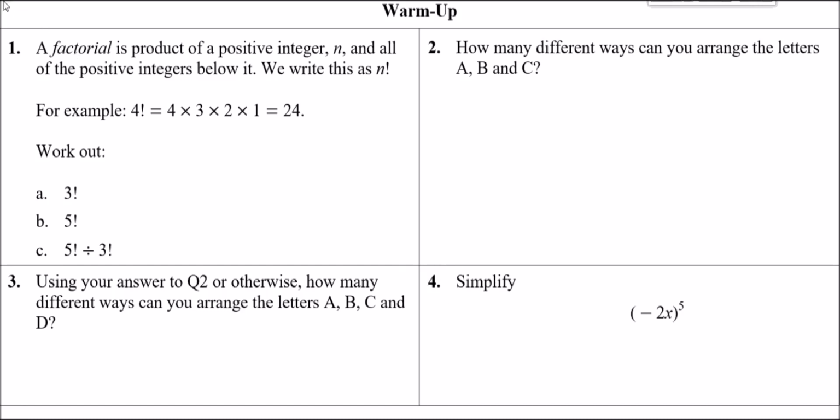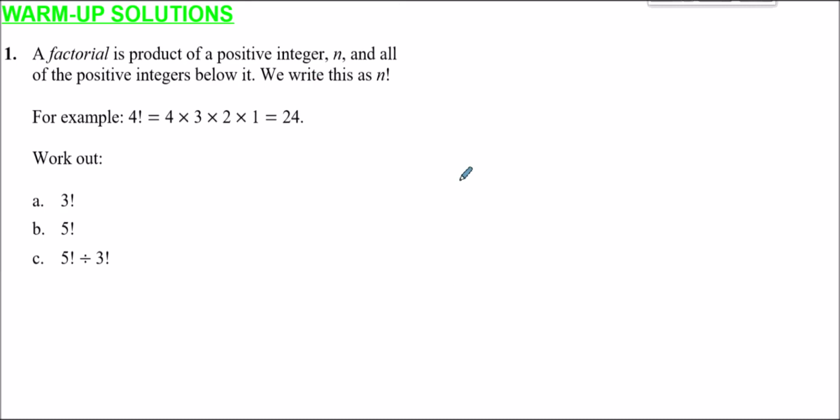So let's have a look now at question 1. So we've got a factorial, which we're told is a product of a positive integer, n, and all of the positive integers below it. And it's written as n factorial. So for example, 4 factorial is 4 multiplied by 3 multiplied by 2 multiplied by 1, which comes out to be 24. So for A, working out 3 factorial, that's going to be 3 times 2 times 1,